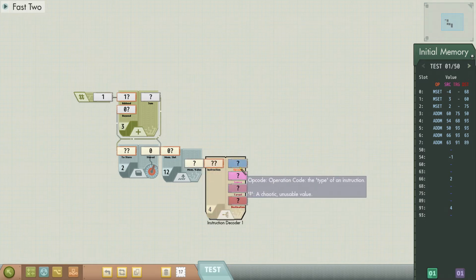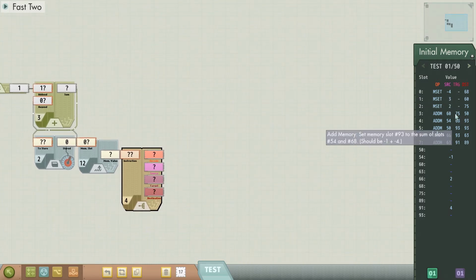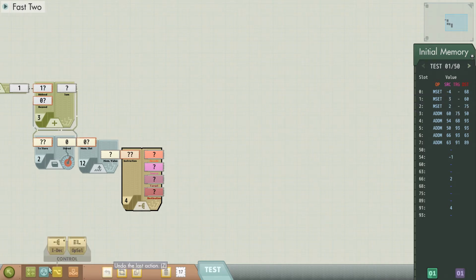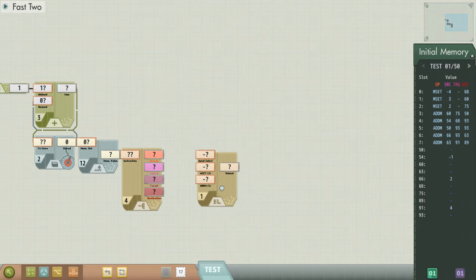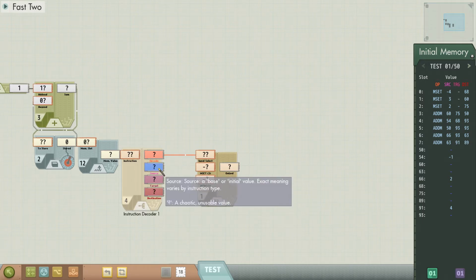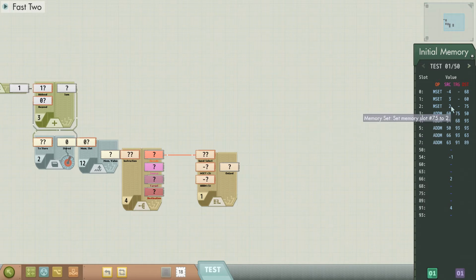Alright, well, so we've decoded this, and we're getting out memory set of -4, I should say. So it's an op selector, right, okay. So that seems useful, right? We want that. If it's a memory set, we want to set the thing from source, probably? Wait, what am I doing? Do I want an op selector? Okay,